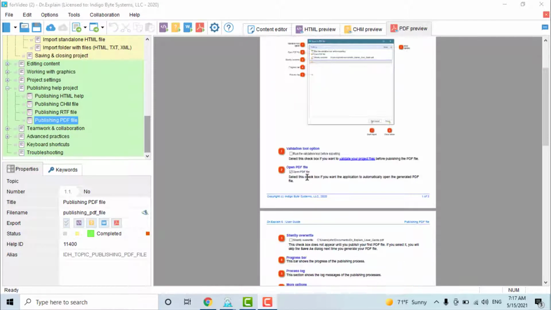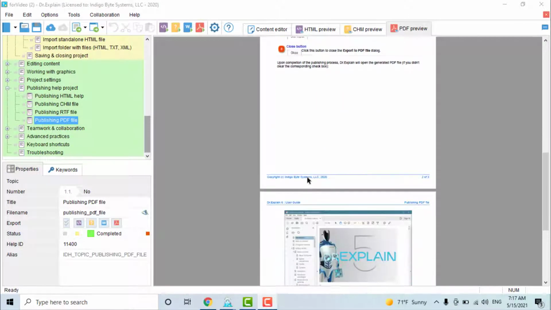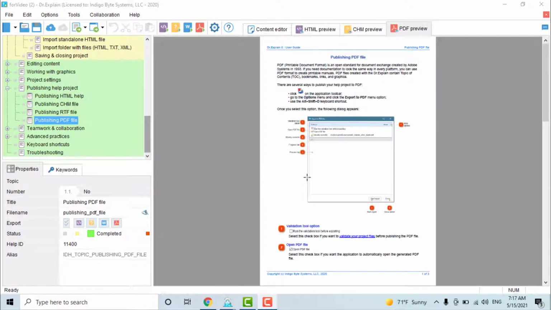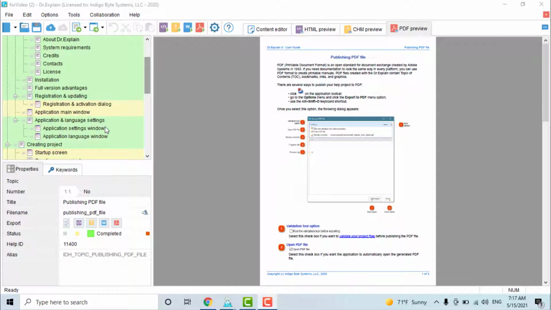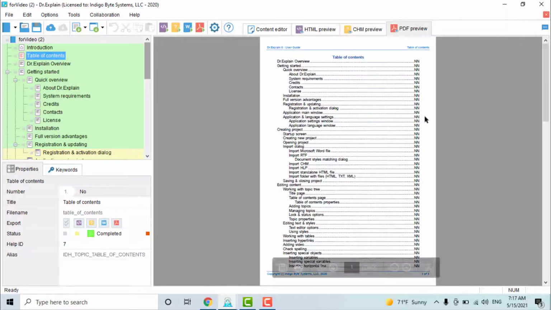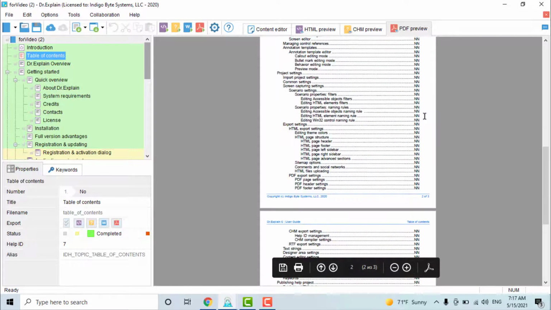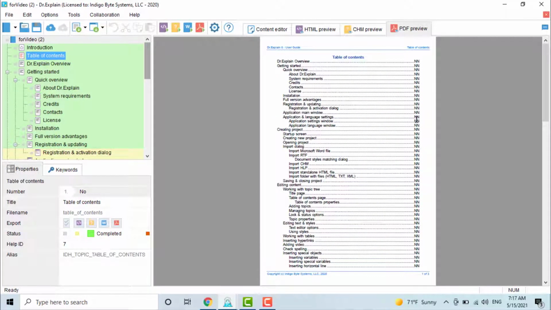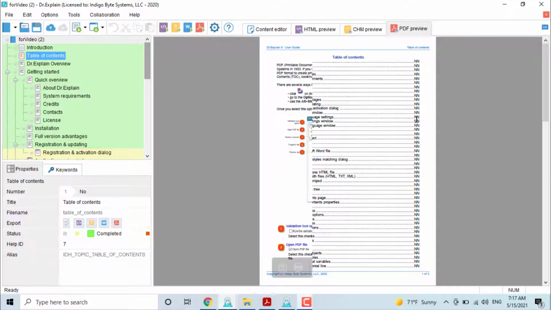Please note that in preview mode, page numbers start from figure 1, even if this is a topic from the middle or end of the project. The actual page number will be included in the final document. In the table of contents, the actual page numbers are also replaced with a NN token. On export, the NN token will be replaced with the actual page numbers, and all table of contents items will act as hyperlinks. In addition, if large images appear in the content of a topic, they will be automatically scaled to fit the width of the page.